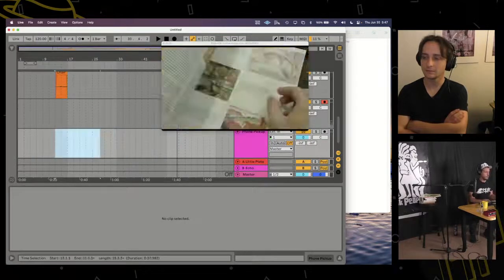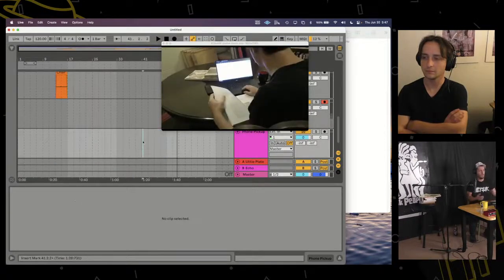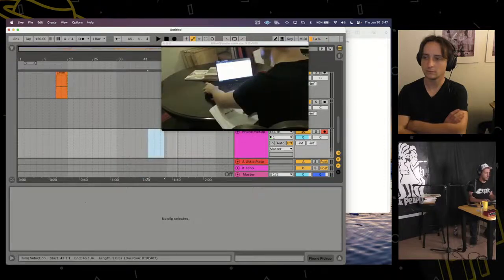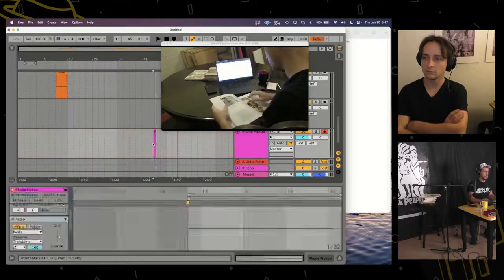Phone pickup. So there's one here. I have a phone in a rubberized case just like you, so I might as well do it. Oh, should probably arm the correct track. Where is that? Here it is. Oh, no, that's not where it is.